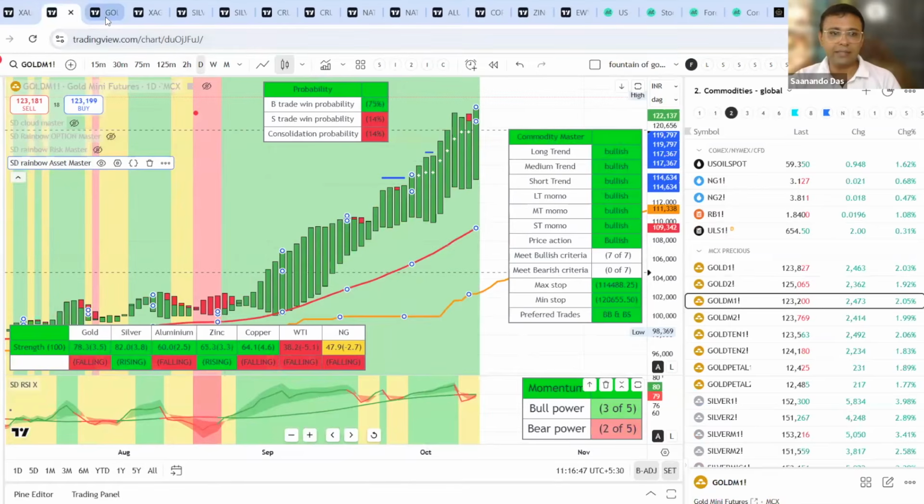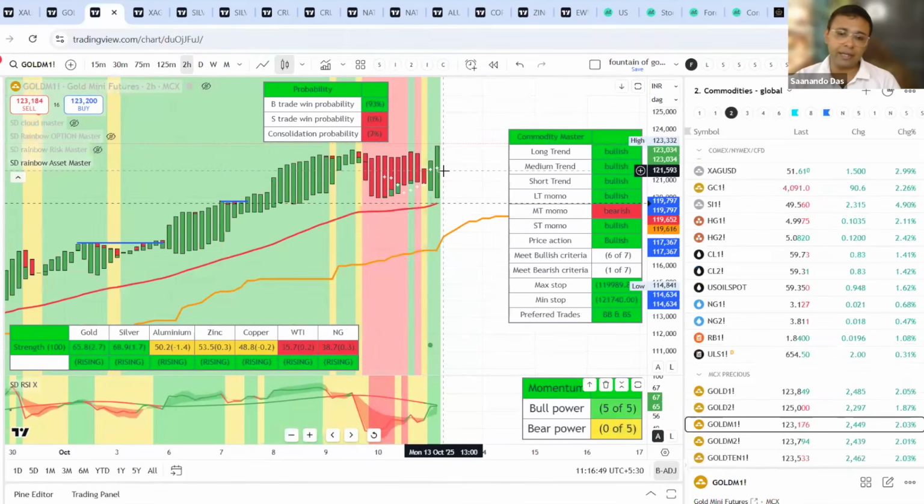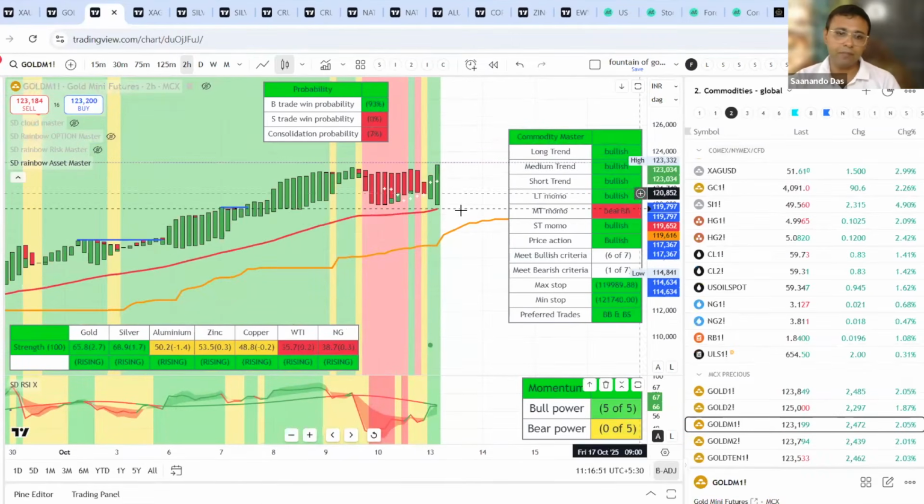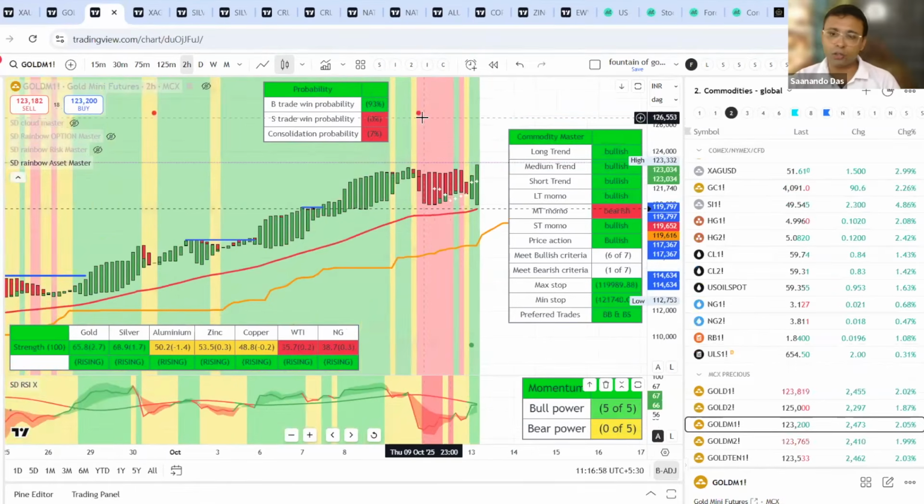So steady rise दिख रहा है गोल्ड में. बुलिश गेम खेलना ही सही रहेगा गोल्ड में. So I'm playing the bullish, 93% win probability with the buyers, where a small short position did not yield much. I'm back with the more bullish position. And now let's see how the gold moves.